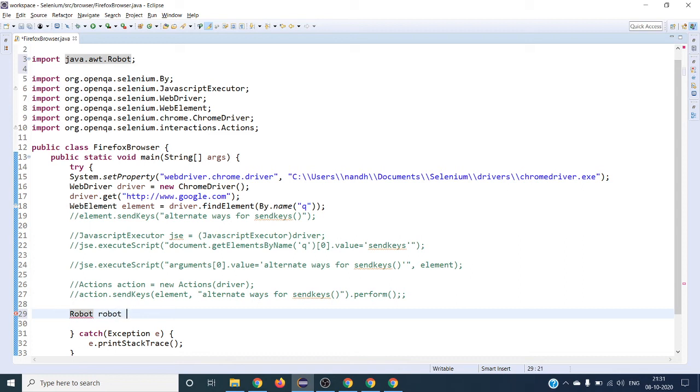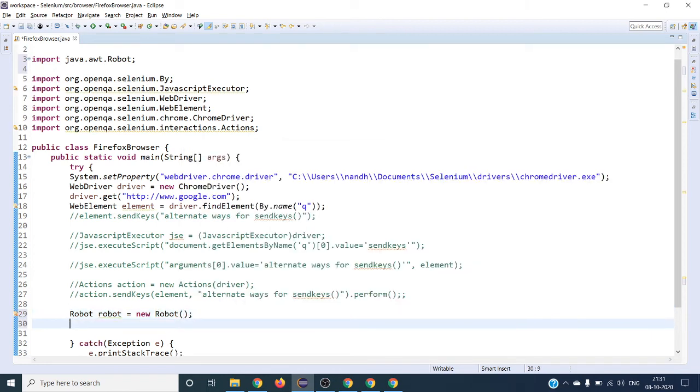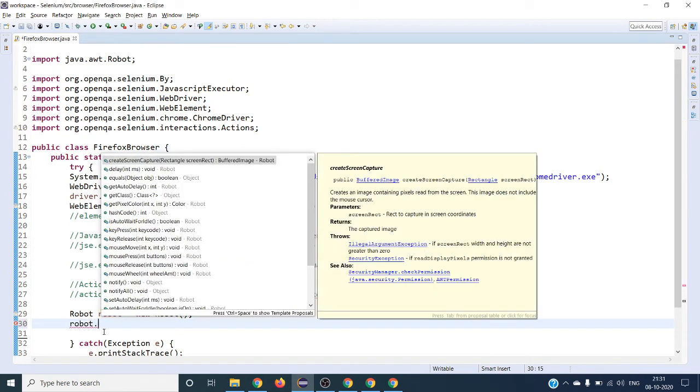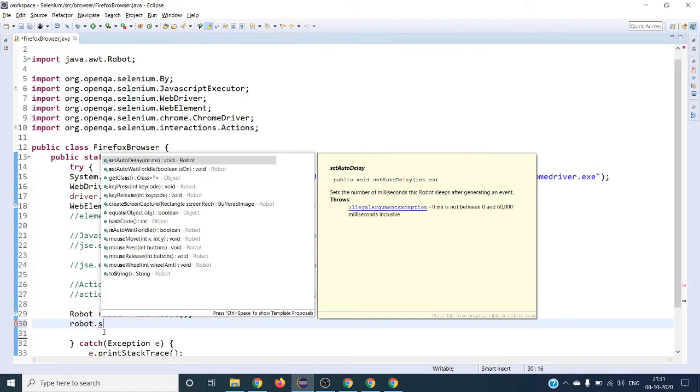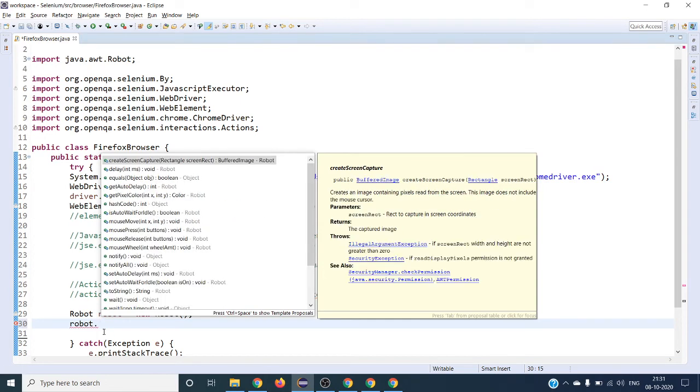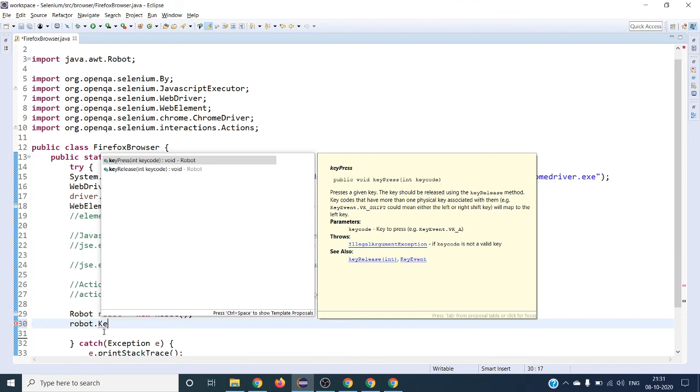So let us type something, robot. There is no way of controlling this class from Selenium. So we have to control it on our own. Robot dot. You can see over here we have to give key press.